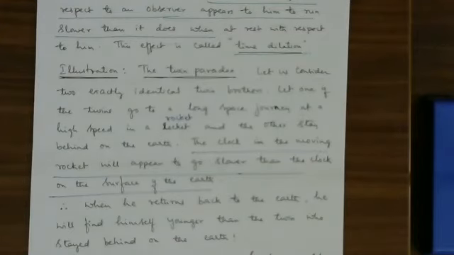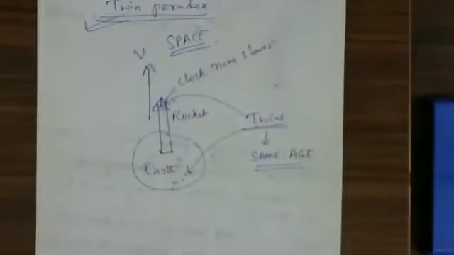This is the twin paradox. Meaning, sir, I don't want to get older now, I want to become very young and energetic. Then what you have to do is catch a rocket and go away from the earth. After about 50, 60 years, you come back to the earth. Then, along with your peer group, you will be younger. They are all old people. Your friend circle becomes old, and you become young, provided you are going with a high speed in a rocket. This is the concept, the twin paradox.